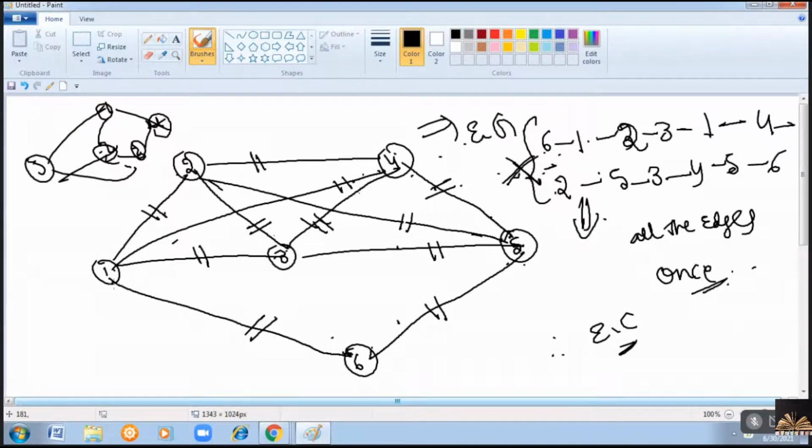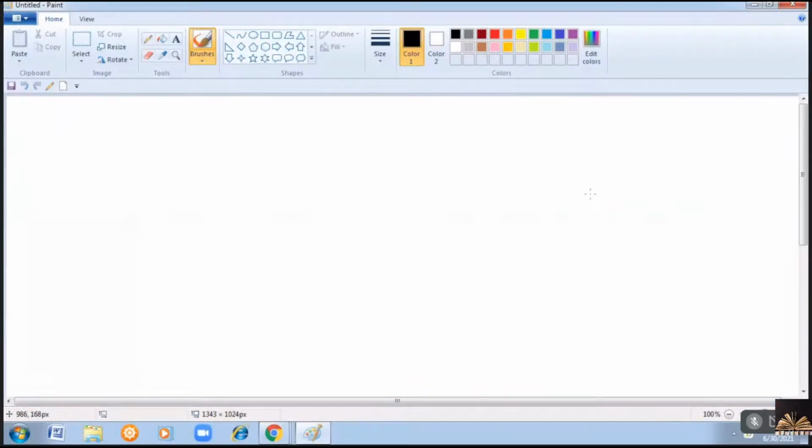From 6 we have to go to 1. If this doesn't result in an Euler circuit, we have to go to 5. If that also does not result in an Euler circuit, you have to check the remaining possibilities. Like that, as the number of vertices increases, more possibilities have to be checked to decide whether the graph is an Euler graph or not. That will be difficult. Suppose 10 vertices are there, then it is very difficult to decide whether there exists an Euler circuit or not. That is the reason we have one more simple approach to decide whether the graph is an Euler graph or not.